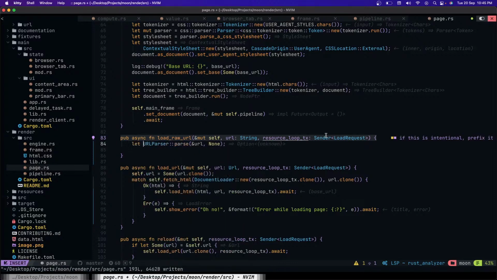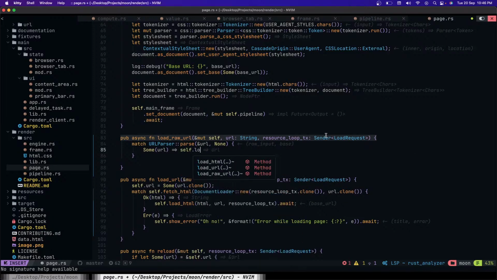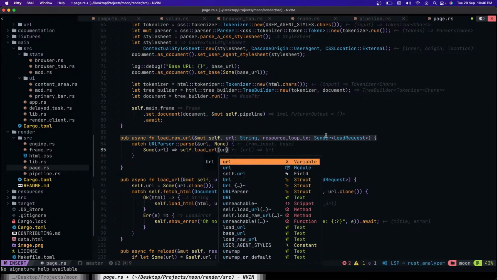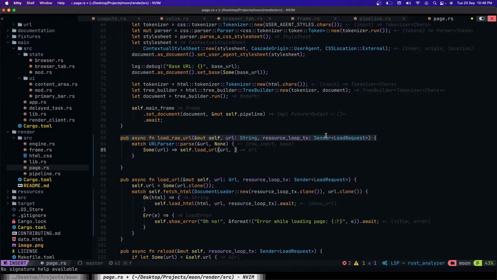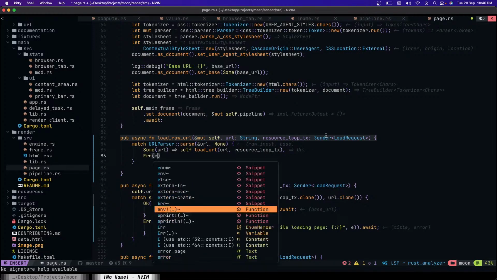And what does parse return? Returns optional, so we can do match parsing. If there's a URL that's been returned, that means the URL has been parsed successfully. Then we load the URL with the URL and with the resource loop. Otherwise, if there's nothing,